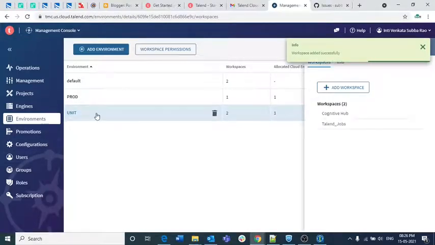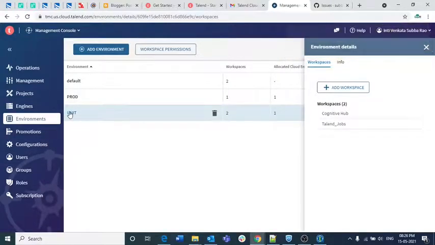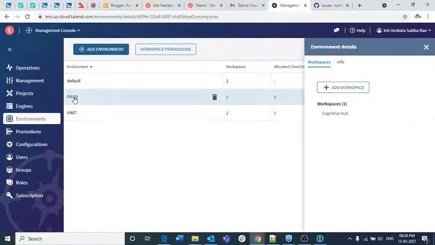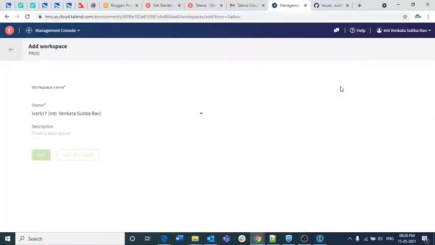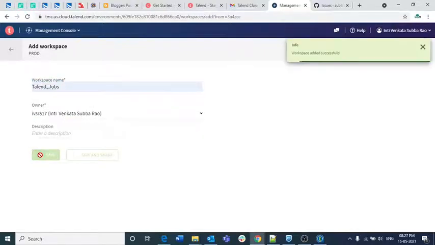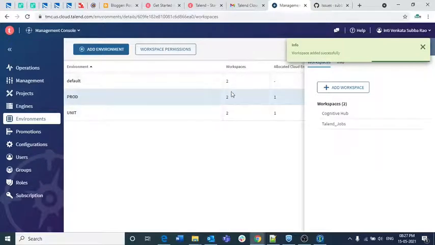and that's it. So if you click on here, then the workspaces related to here are Cognitive Hub and Talent Jobs. Similarly, if you want to create the same for production, then the same thing you need to follow: click on here, the same Talent Jobs. That's it. Save. So you have created two workspaces successfully.